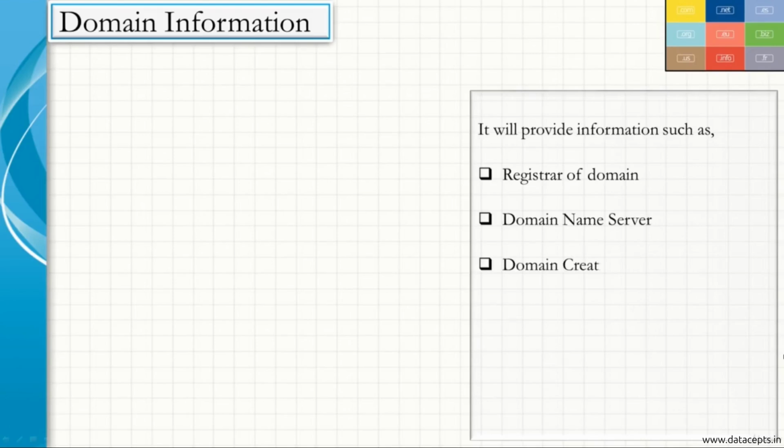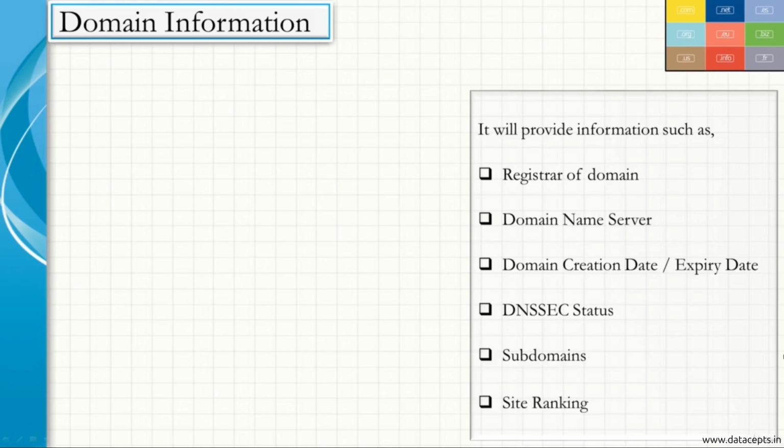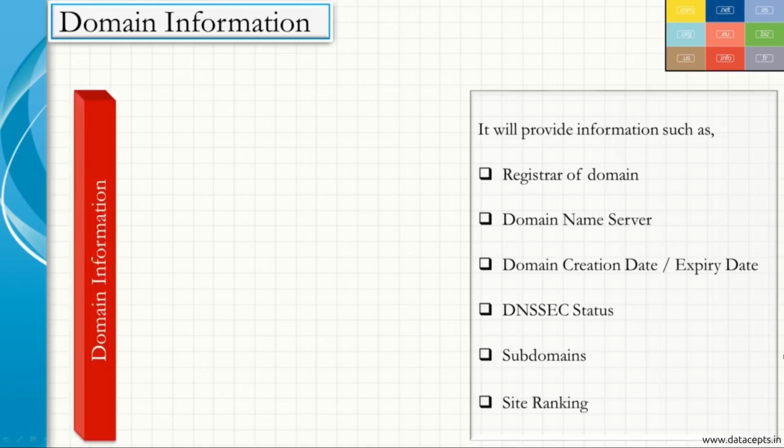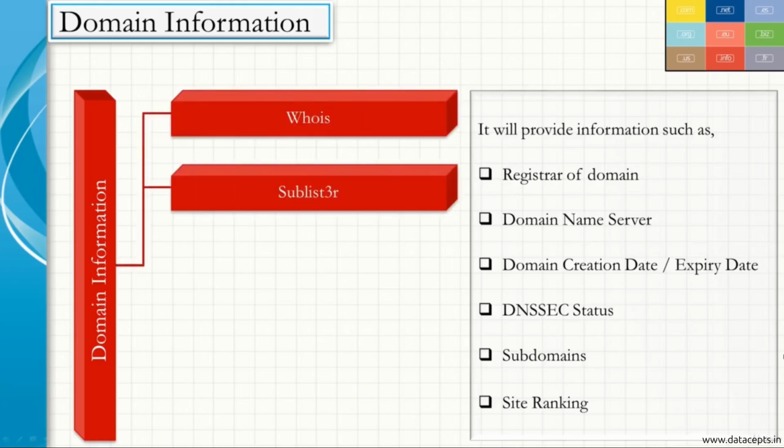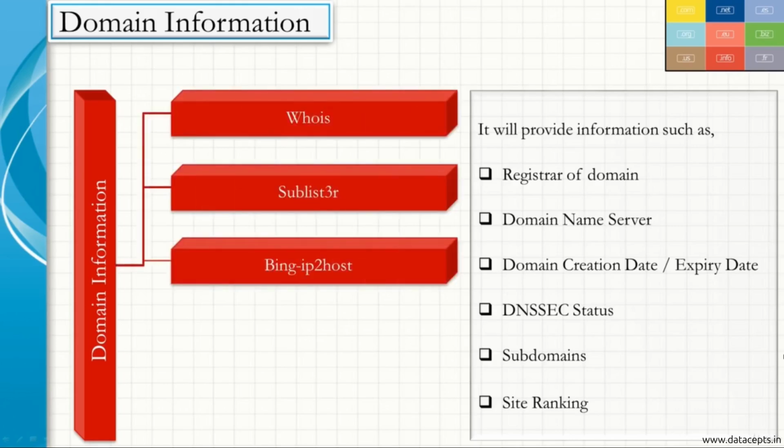Domain information. It will provide information such as registrar of the domain, domain name servers, domain creation date, expiry date, DNSSEC status, subdomains, and site ranking. The tools that can be used to collect such information include WHOIS, Sublist3r, Bing IP2host,